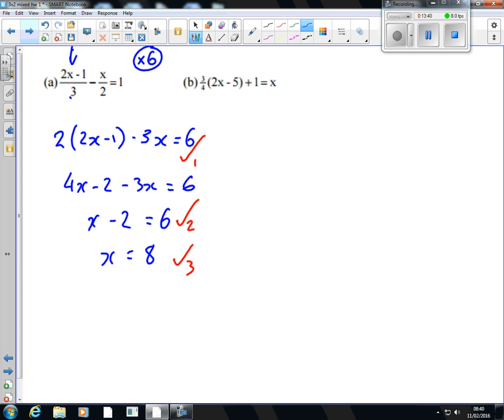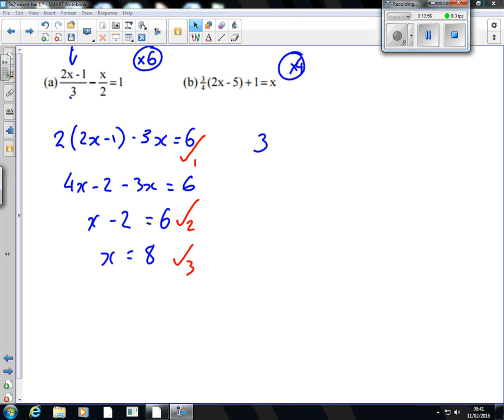Quite a nice mark actually, quite an easy one at the end there. For part B, we're getting rid of quarters, so we're going to multiply it by 4. When you multiply 3 quarters by 4, it just leaves you with 3. So it's 3, and then the brackets are still going to be,